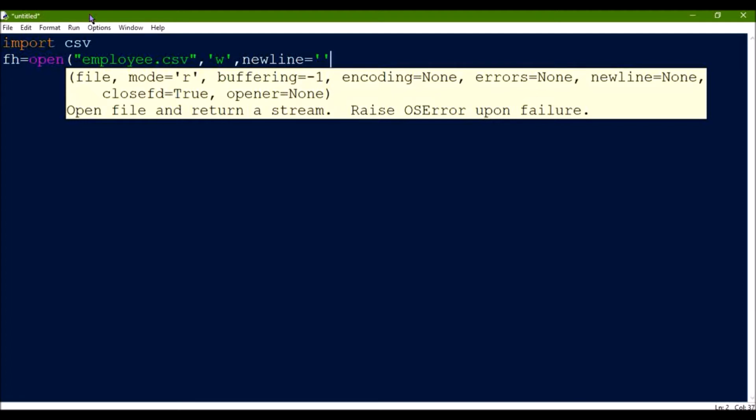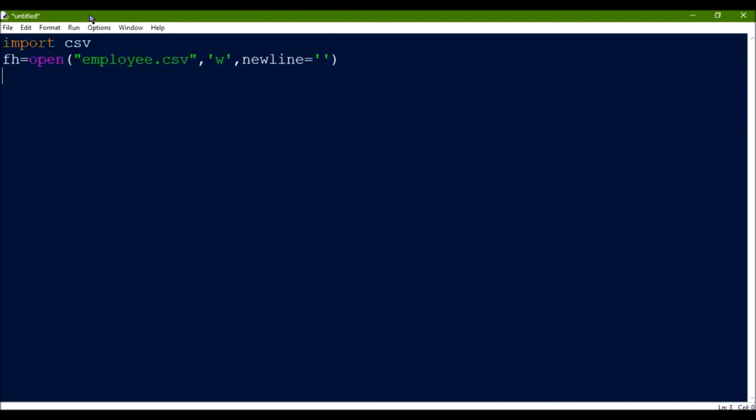Then we will close the bracket, then one object, suppose eWriter is equal to csv.writer(fh).